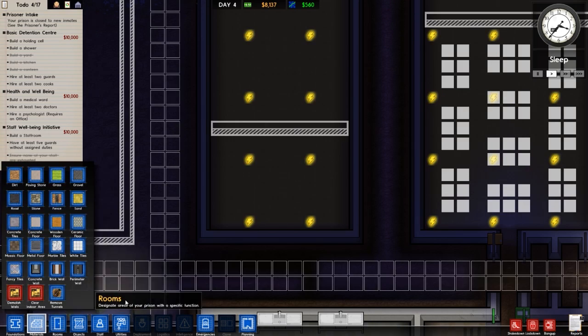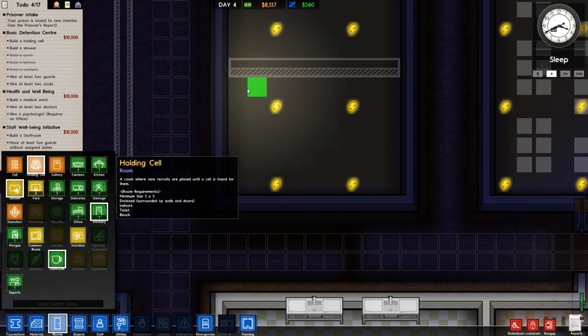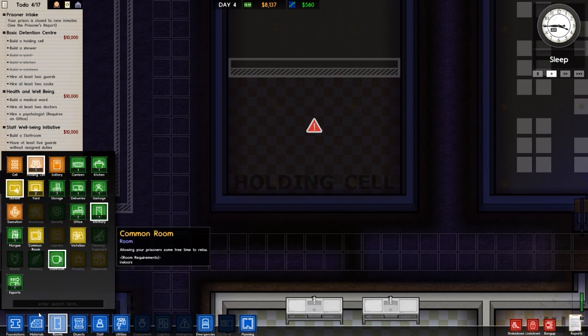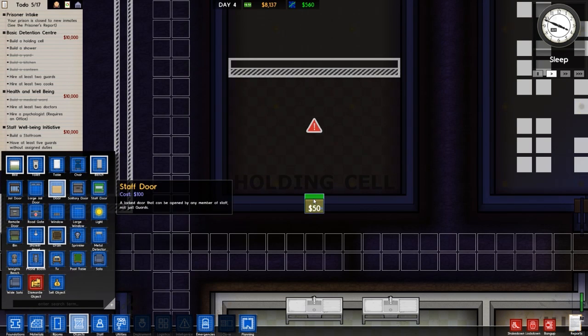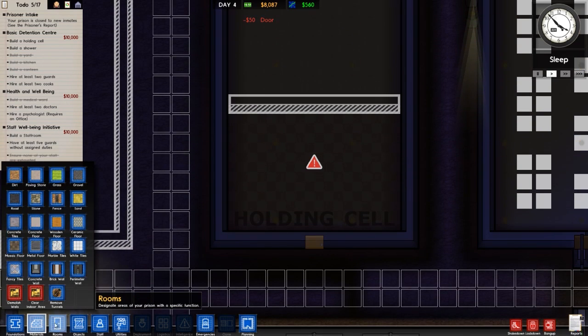Okay, so we need to go to our... what sort of door do we want to put on this one? I'm just going to check. This is going to be a holding cell, and it has to be behind a door, so that's fine. I'm just going to use a standard door, I think. Yeah, just a standard door will do fine. And then we're going to go to...